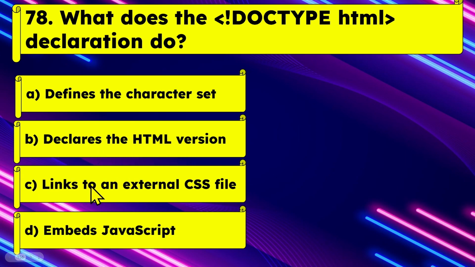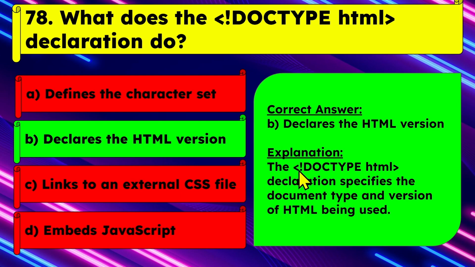Option C, it links to an external CSS file. And option D, it embeds JavaScript. So here the correct answer is option B. As you can see, the colon doctype HTML tag declaration specifies the document type and the version of HTML being